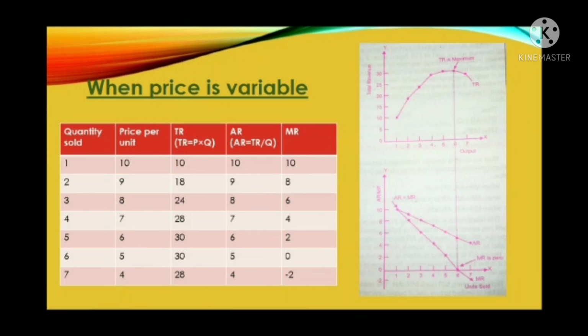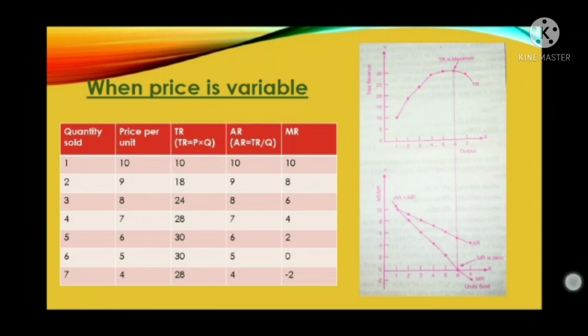MR can cross the x-axis while AR can't. This is for the simple reason that the firm will not charge a negative price for its product. Moving of the MR curve in the negative region would imply that if a firm tries to sell more by reducing the price of the product, it may find that the additional sale only brings in negative revenue for it. In other words, its TR falls. Thus, when MR becomes negative, TR falls. Negative MR is possible when price is declining.